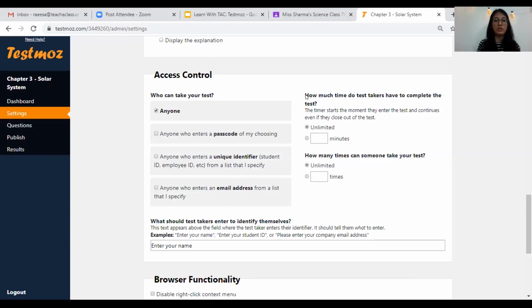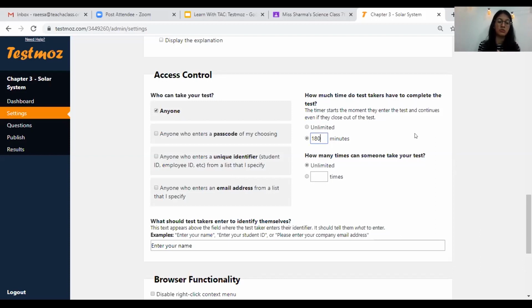Now what is also available to us is this feature, that is how much time do test takers have to complete the test. I can set a time limit on my test. I can make it 30 minutes or 60 minutes or 180 minutes depending on how long my examination is.